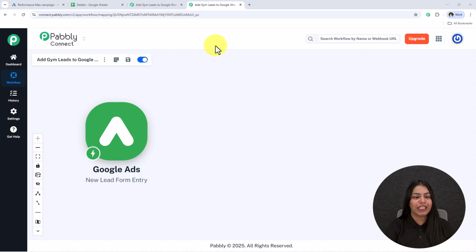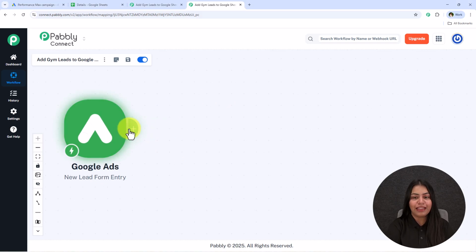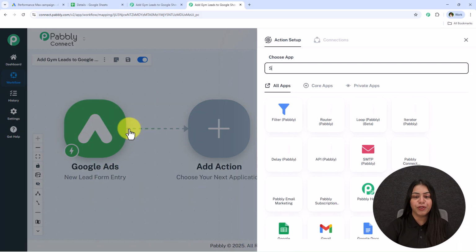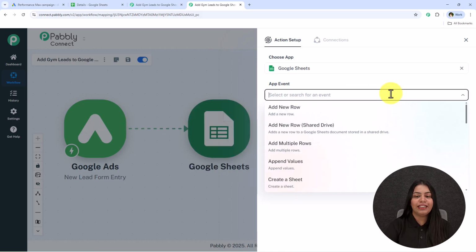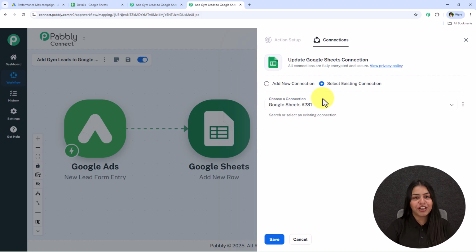No need to worry. Now to add these details in your Google Sheets, click on this add new action step, and then for the action application, search for Google Sheets and select it. For the event, you have to select add new row and click on this connect. Now, if you've already created a connection between Google Sheets and Pabbly Connect, then click on this select existing connection and then save. But if you haven't, follow me: click on add a new connection and then sign in with